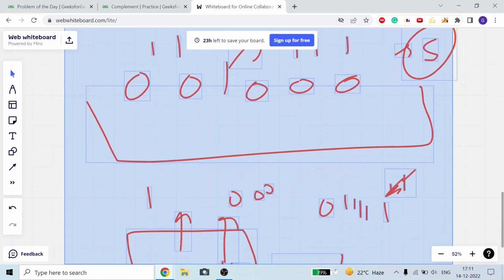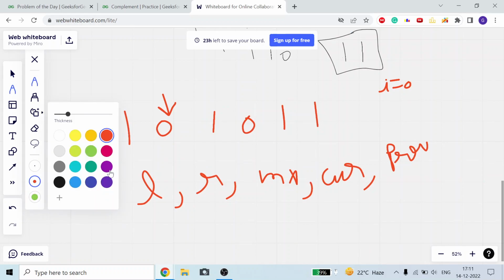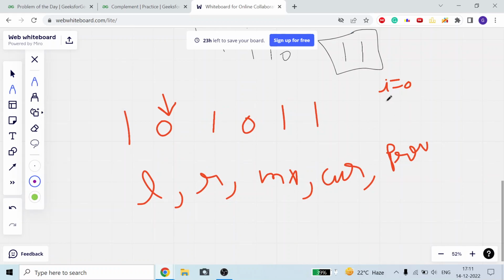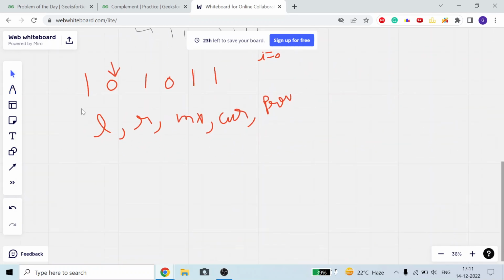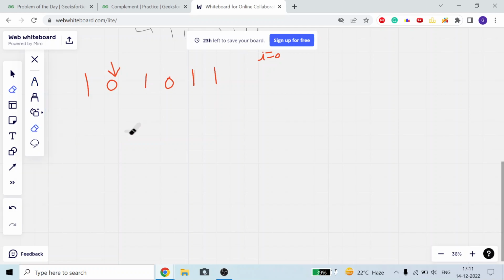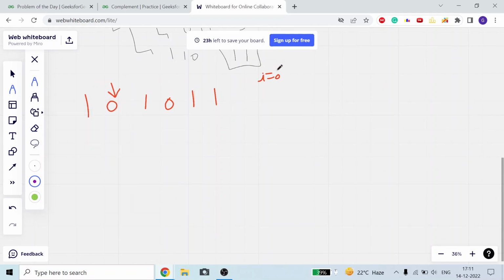Now just give me a minute to erase all this. Now guys, okay. So now my current will be equal to 0. These are the variables I need to take. I am just telling you. I will be 0 but I will become 1 because 1 is the index which is equal to 0. I1, I will take L, I will take R, I will take max.